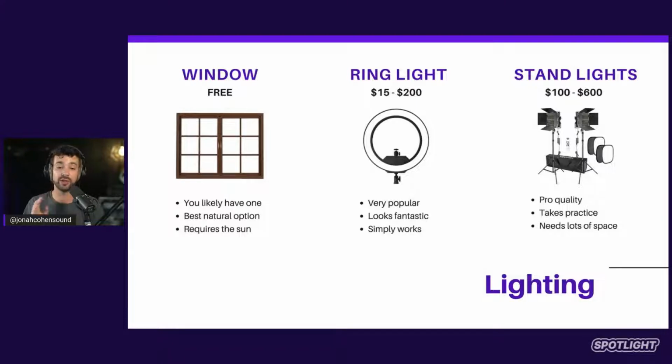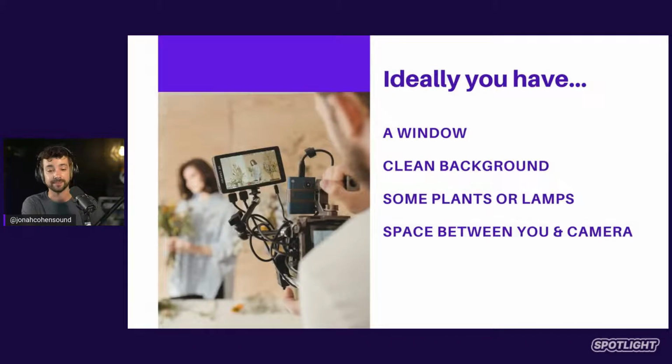So start just with the one ring light. If you're actually trying to upgrade to a multi-light setup, you're going to want to go for LED panels or other options like that, as they get better coverage and they're better spread. But if you can swing buying one of the larger ring lights, the 12 to 18 inches is going to give you really high quality open lighting that covers all of your face.